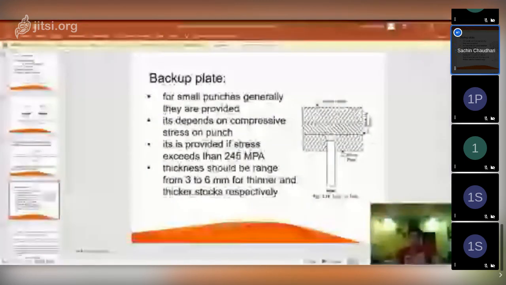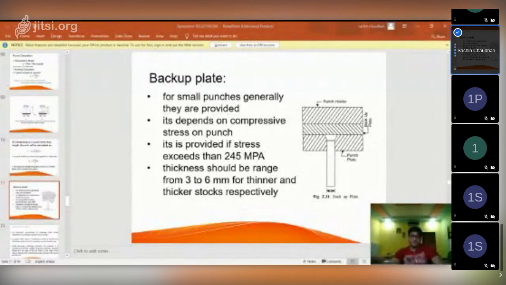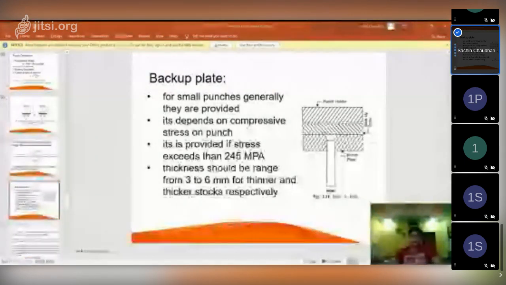Generally they are provided for small punches, guys. So backup plates are generally used when we are going to use small punches. And what is the purpose of using the